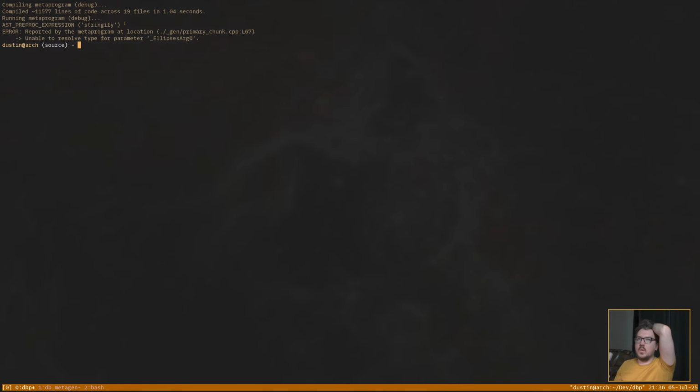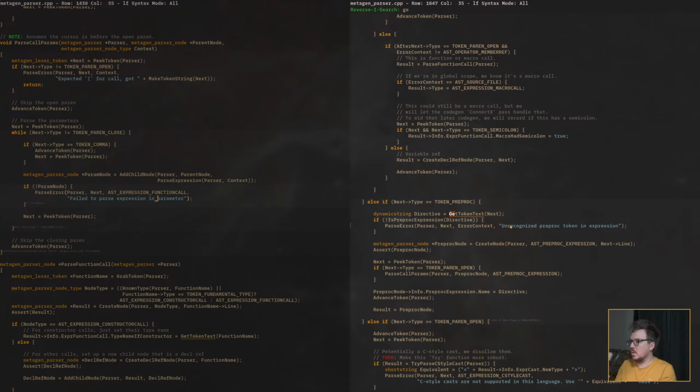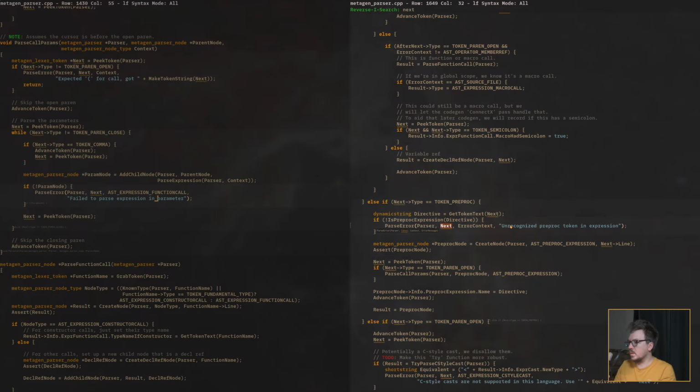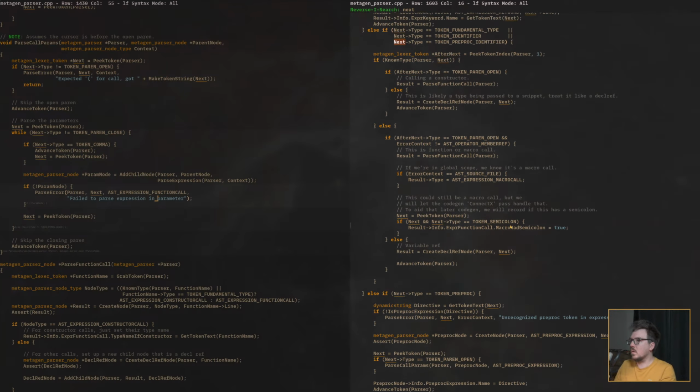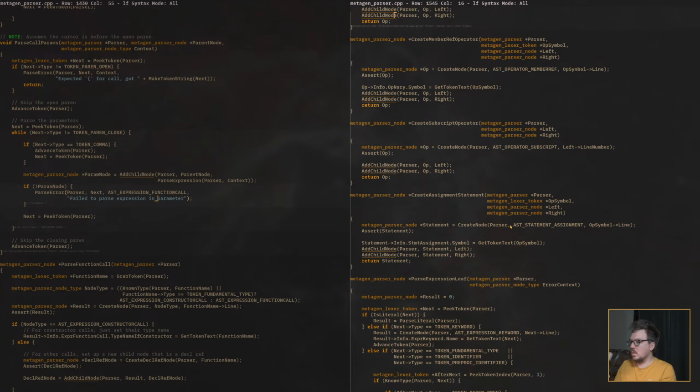Okay. We didn't get any farther. So we did this part. It's adding the preproc expression. Right. This is get token. What is next? Am I peeking here? Yes, I'm peeking, so I actually have to skip this.